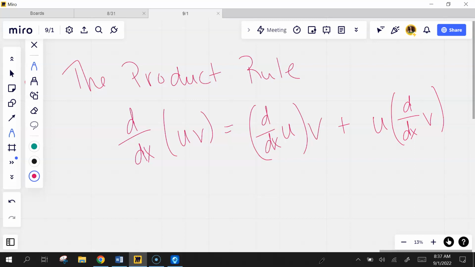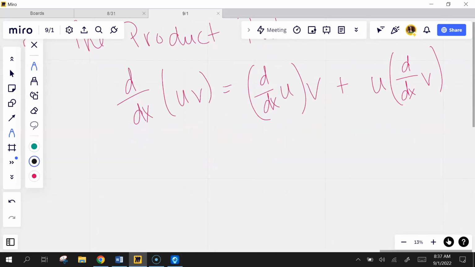Do you always have to use this? No. With polynomials, a lot of times you could FOIL it out, get it to a polynomial, and then just use those exponent rules and do it there. Just a lot more room for mistakes. Sometimes you will encounter some that it will be a lot easier just to use the product rule. But just to show you how it works,